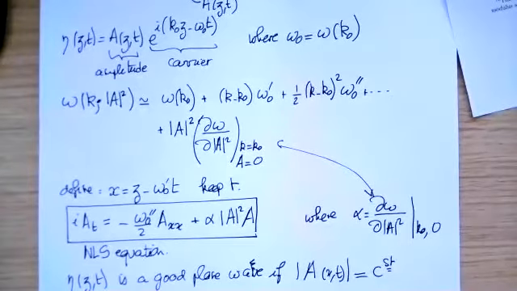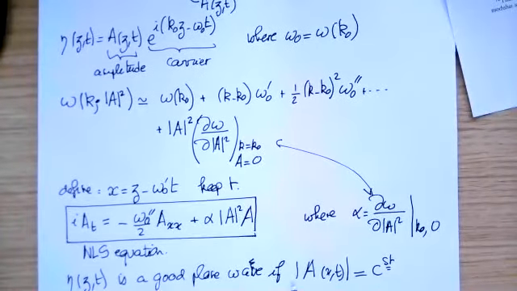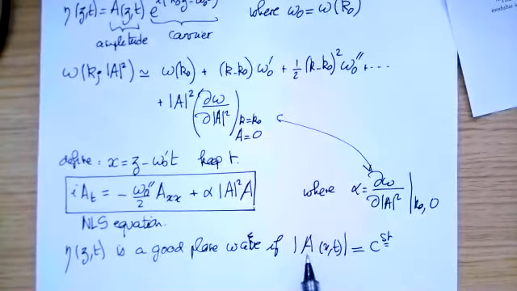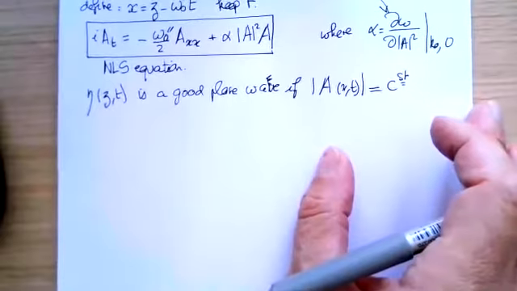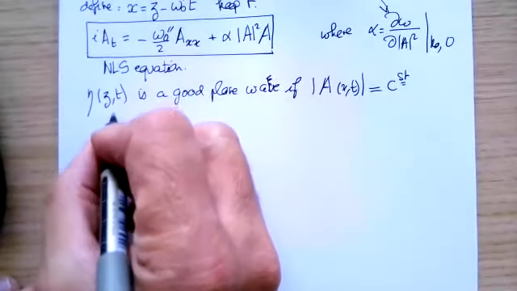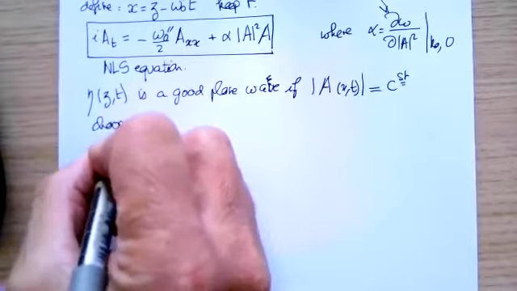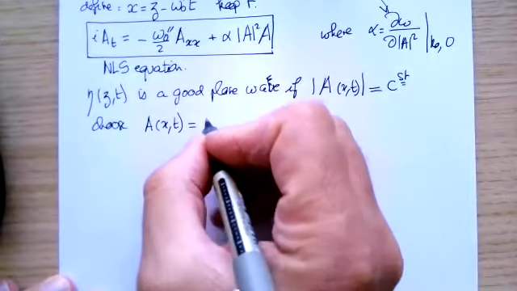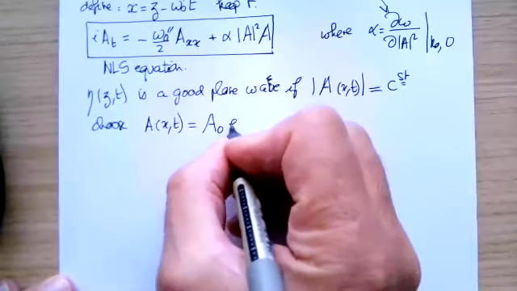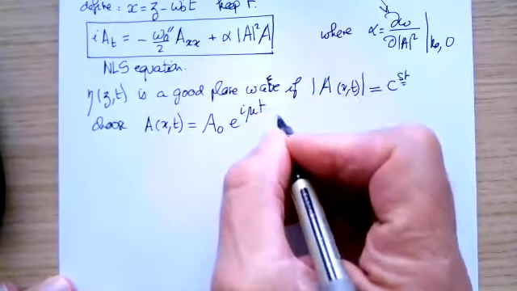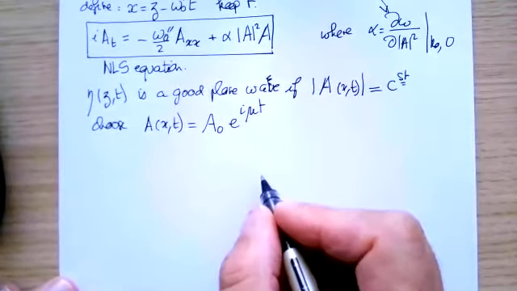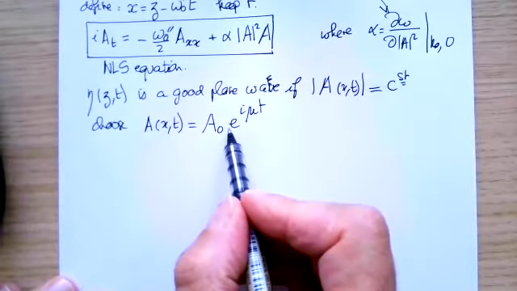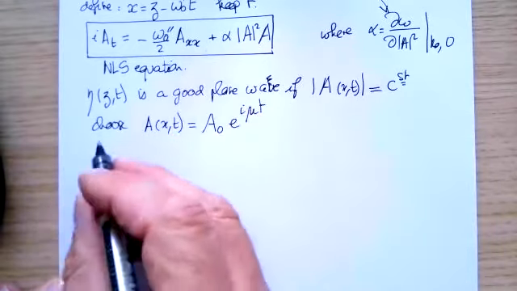Okay, so can one find A, which is a solution of NLS, which keeps a constant modulus? Well, one can look for it, but I give you the answer. If you choose A of x,t, which is an amplitude times a phase of this type, a linearly time-dependent phase, where mu is a constant. So if you insert this into NLS, you will find that